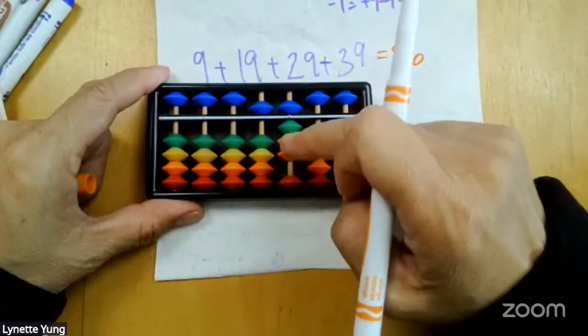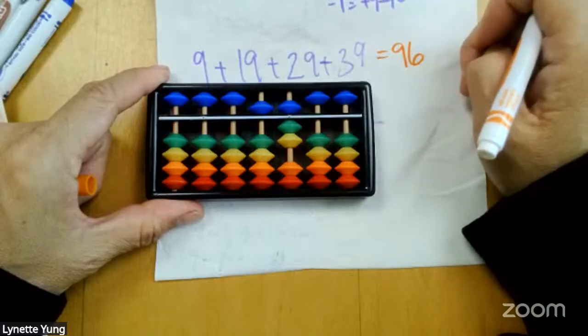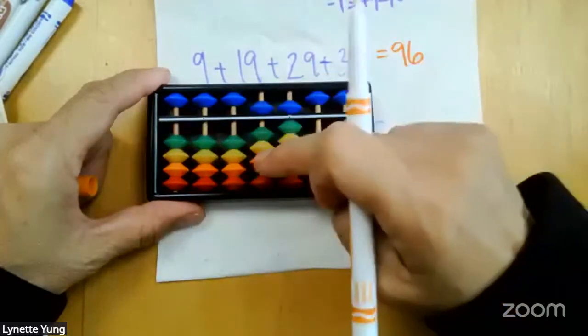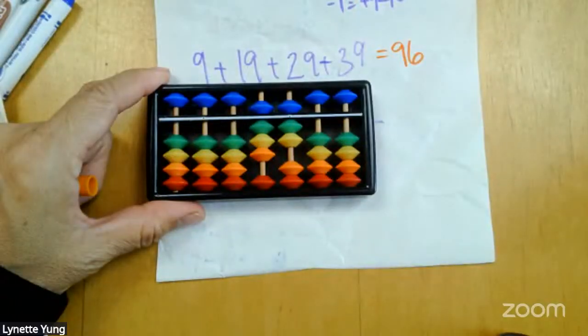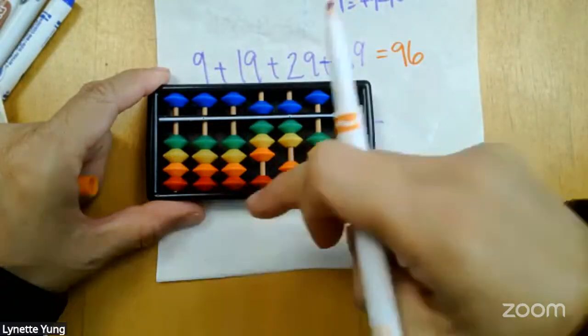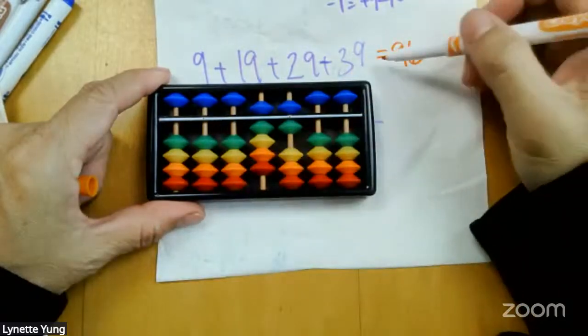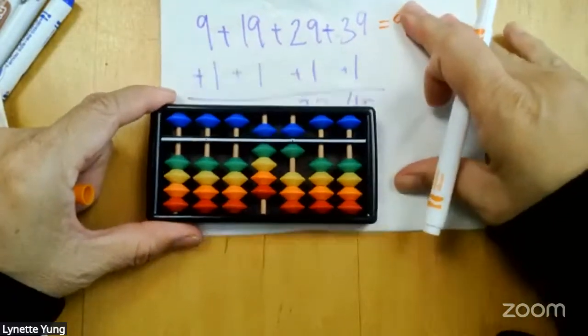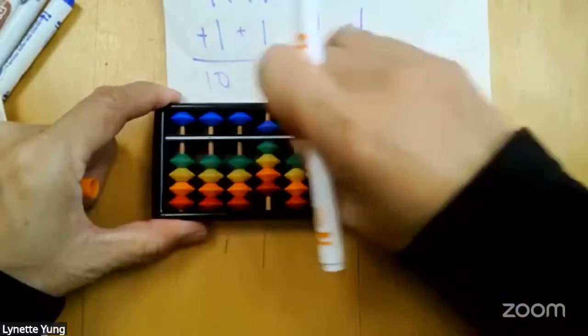Then we do 39, plus 3 plus 9, plus the 10 minus 1. You get 96. 96, yep. Okay. So then here, the way they did it is 10,